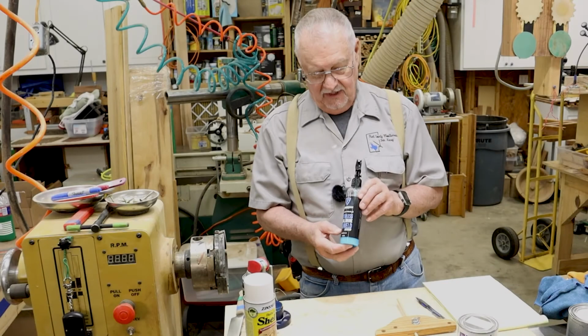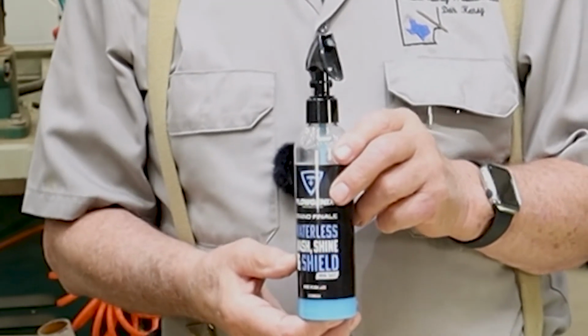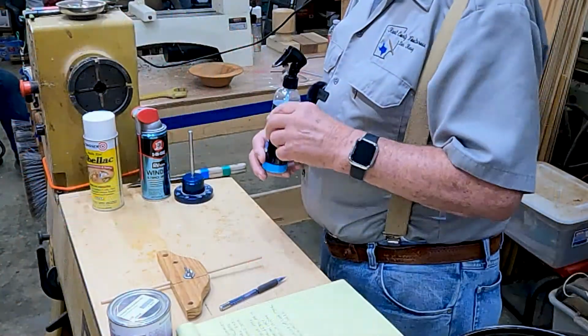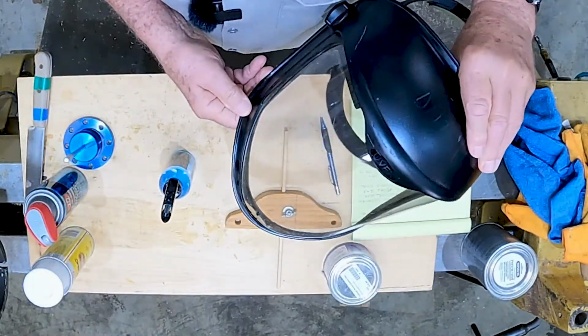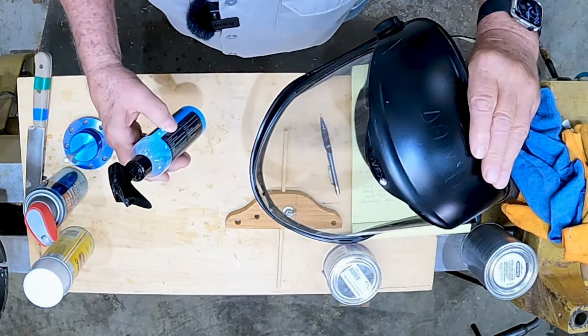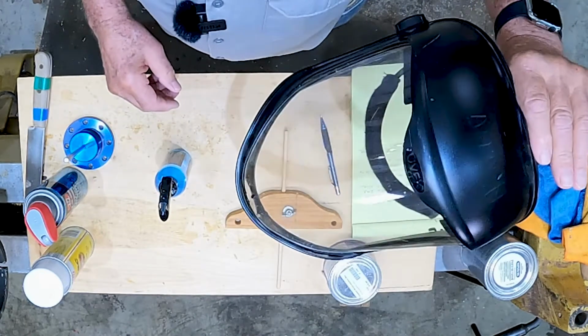Another thing I have found, this is a product called Flowgenics. It's primarily designed to wax your vehicles with. However, I have found it really works well to put on your face shield. I did this some time ago, and it was really kind of worn and scratched and not looking good, and I cleaned it up and sprayed this on and wiped it on. What you do is you use a